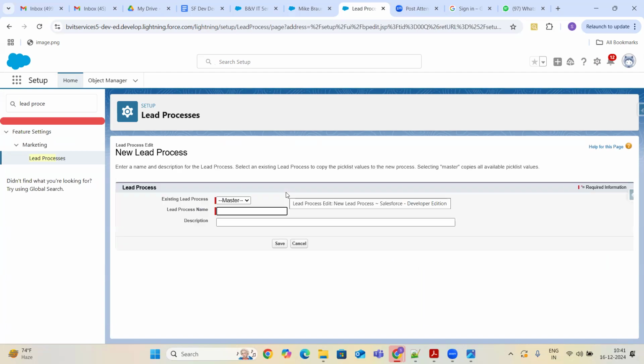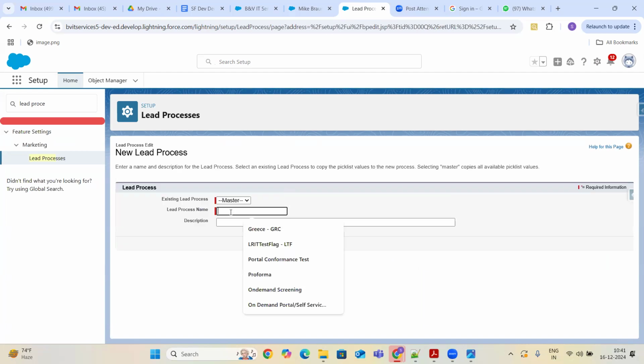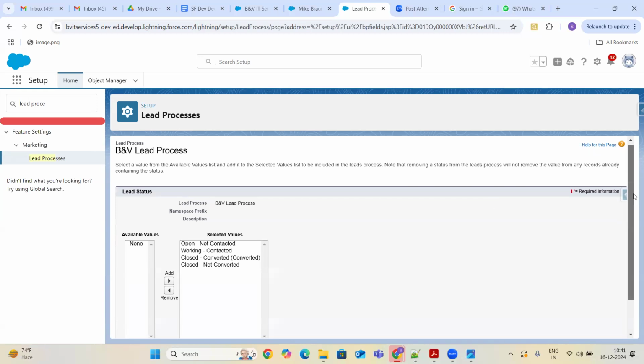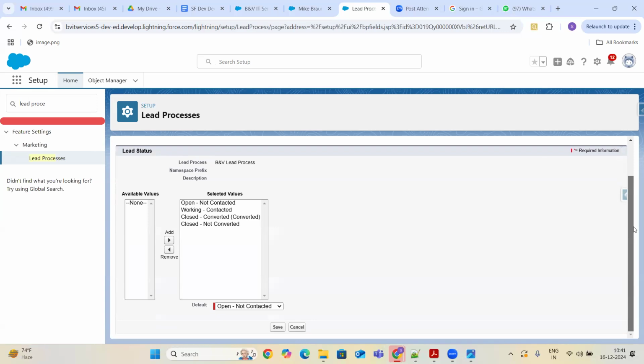We can create a lead process and make it our own name, B and B. I'm going to click on save. I can see it has only four values.